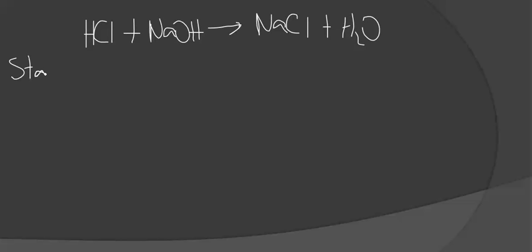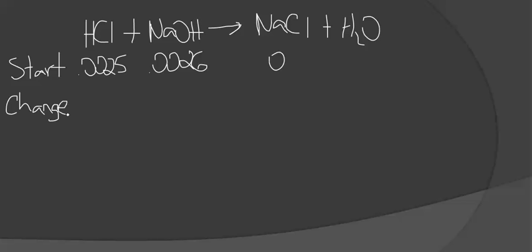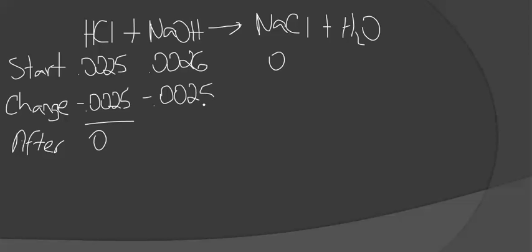At the start of the reaction, for HCl, I had 0.0025. For the base, I had 0.0026 moles. Salt was 0. Change. Well, in this case, the HCl is going to be used up. So after the reaction is complete, there are 0 moles of HCl remaining. So the change is 0.0025 for all species, because again of the 1-to-1 mole ratio. So for the base, I have 0.0001 moles present after the reaction, and for the salt,